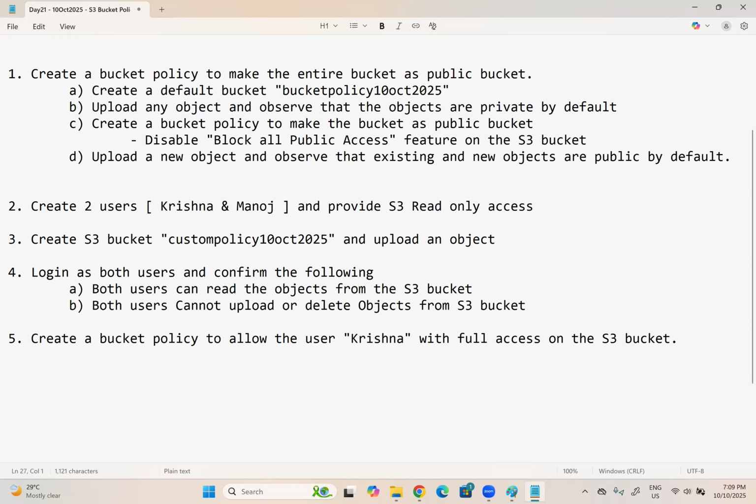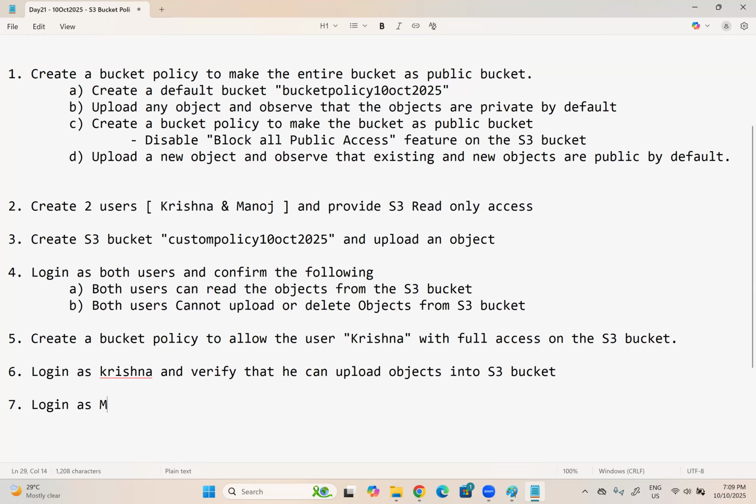Then log in as Krishna and verify that he can upload objects into the S3 bucket, and then log in as user Manoj and verify that he cannot upload or delete objects from the S3 bucket, because with the help of the bucket policy, we are only allowing